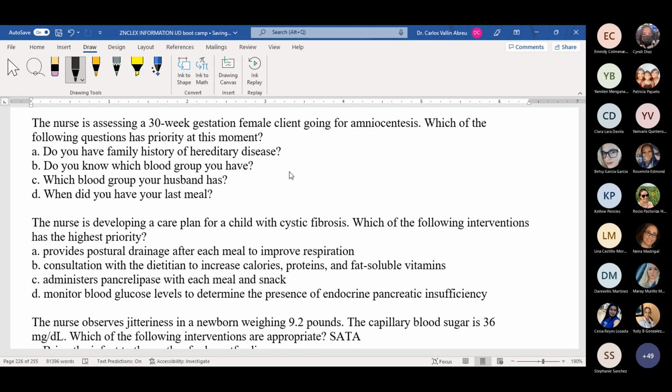The main reason for doing this amniocentesis at this level of the pregnancy is to evaluate the baby's lung maturity, to see if the lungs are mature enough to have the possibility of surviving out